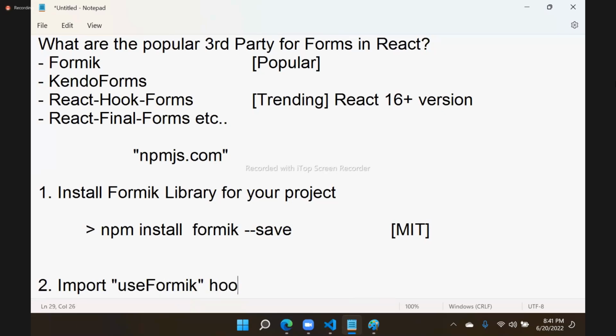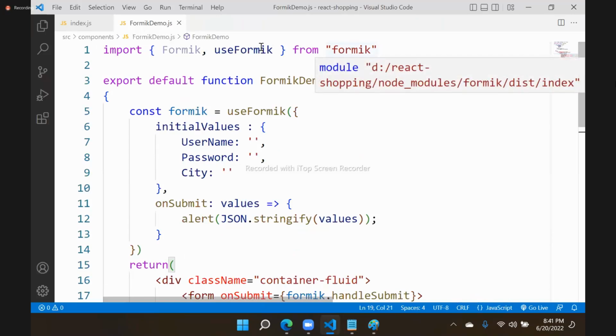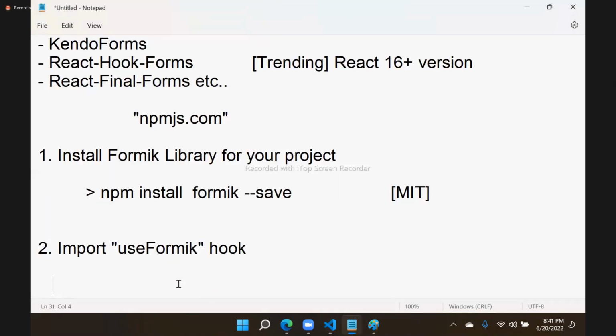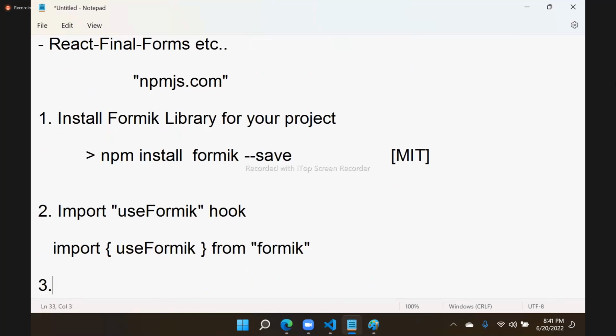Formik hook, we have to import. I will give you the syntax, right? So useFormik hook is this. From the formik, we have to import the useFormik hook. You don't need this formik. Use Formik hook. Next point, you have to configure